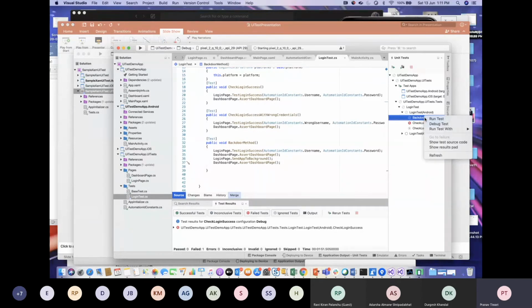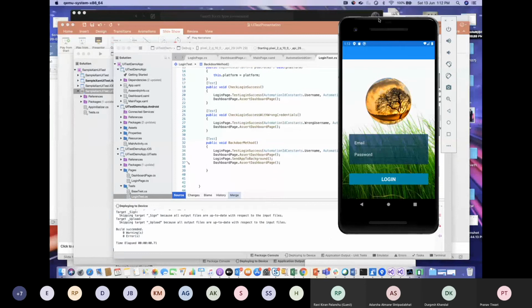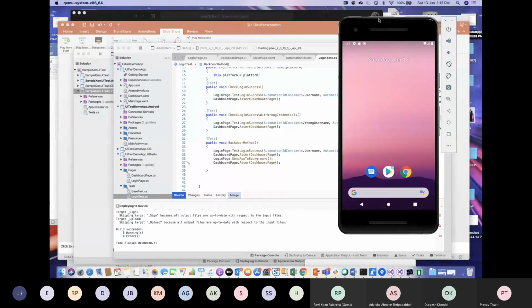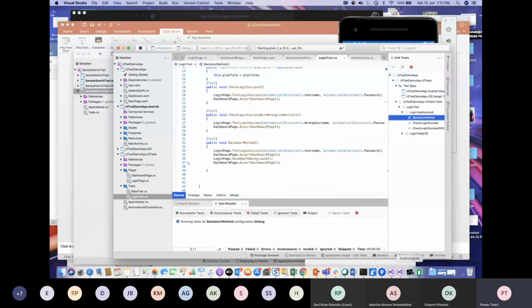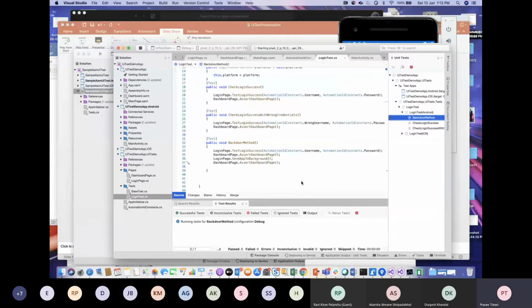So I'm going to run my backdoor method. You'll see it's running the test case. It's entering the username. Let's try to run it once more.